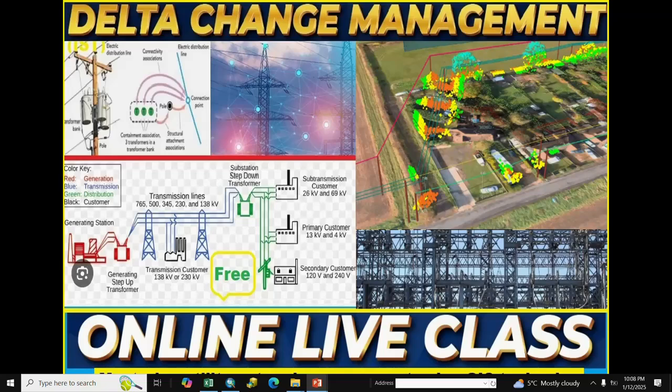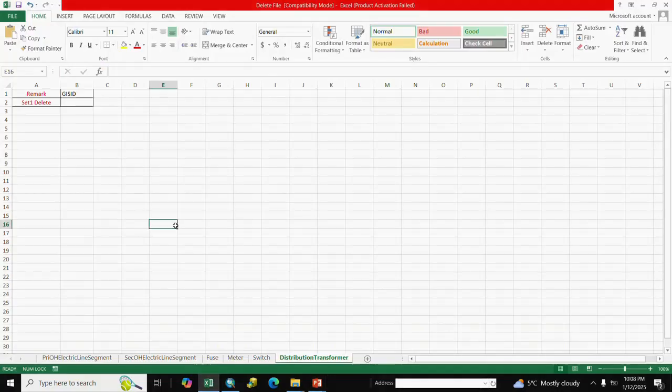So we start with delete first. Here is our Excel file. We want to delete DTR, fuse, switch and meter. Here is our format, and we fill up each format from your master data, meaning asset data.